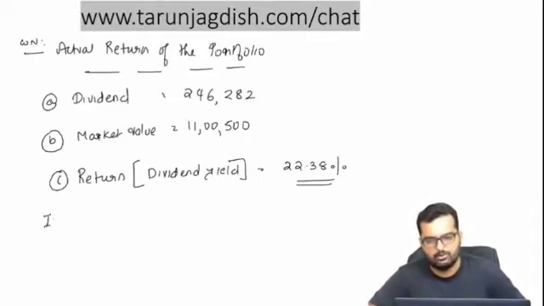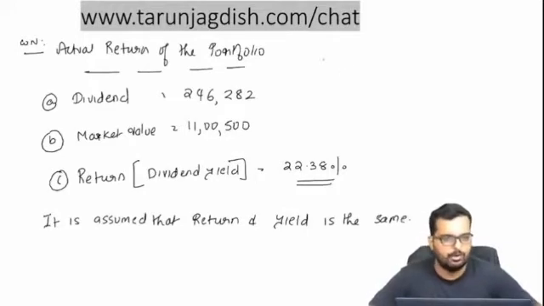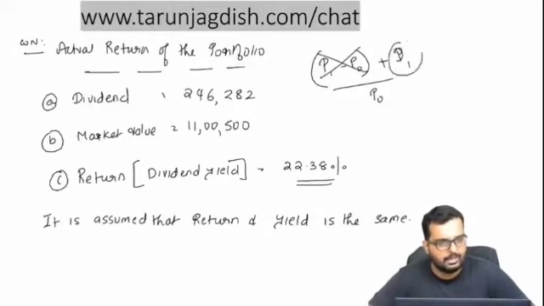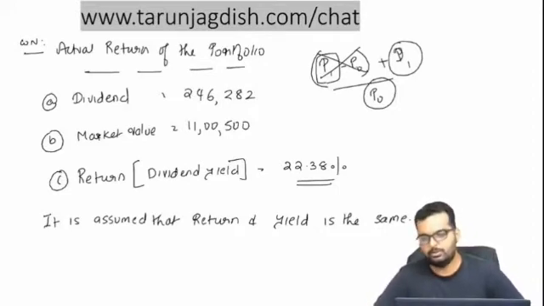Alright. And I write down over here, it is assumed that return and dividend yield is the same. Friends, actually what is the formula for finding out the return? It is P1 minus P0 plus D1 divided by P0. Am I right? Here what they have done is they have ignored this part and taken only D1 divided by P0, because in this question P1 is not given. But ideally there will be a P1 also which should be considered, or P0 has to be given. So can you write down this in your books now?